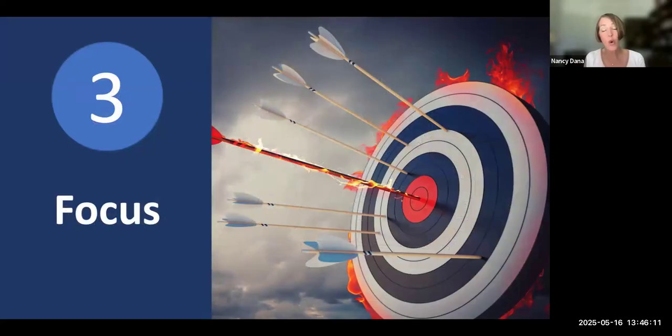Number three is focus. Because teaching is so complex, there are so many different possibilities for where we can focus our gaze in relationship to inquiry and in relationship to teaching. And they're all really important and wonderful places to focus attention.